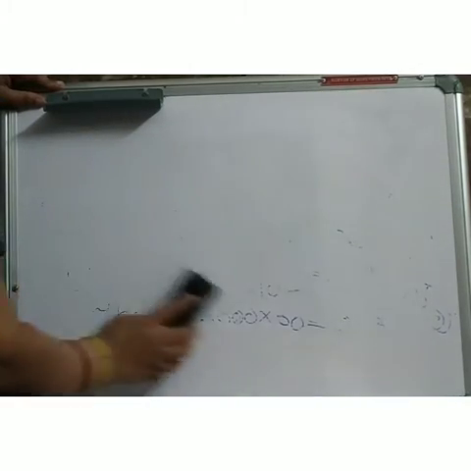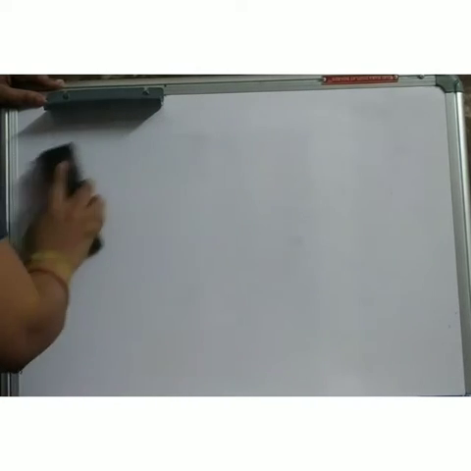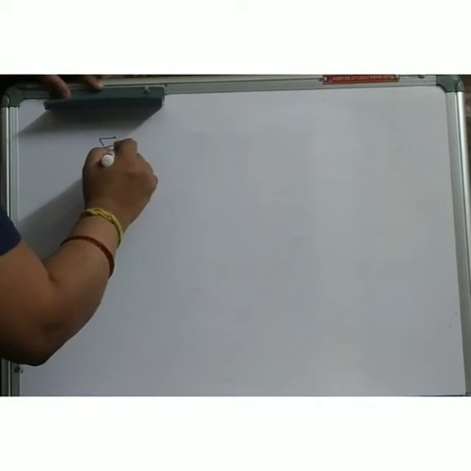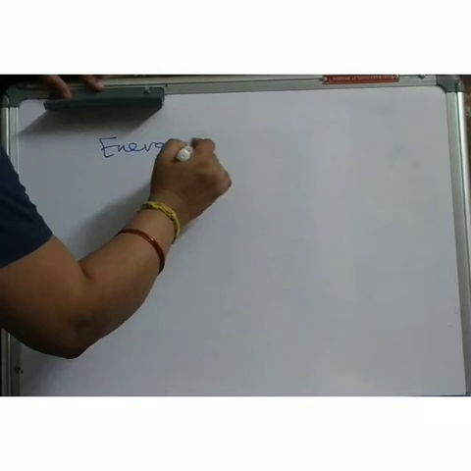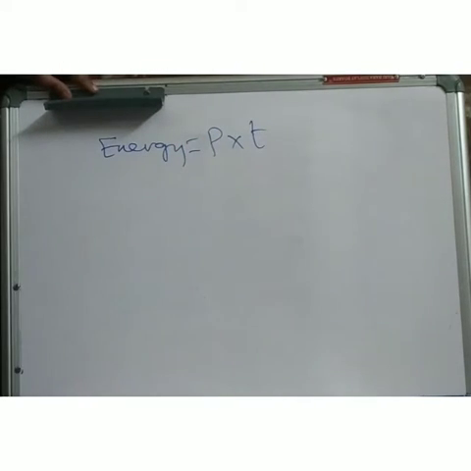Till now we have discussed that the unit of power is what? The unit of power is watt. And this bulb is utilizing energy. So energy will be how much? Energy is power into time. This thing we have studied in the last lectures. So energy will be power into time.